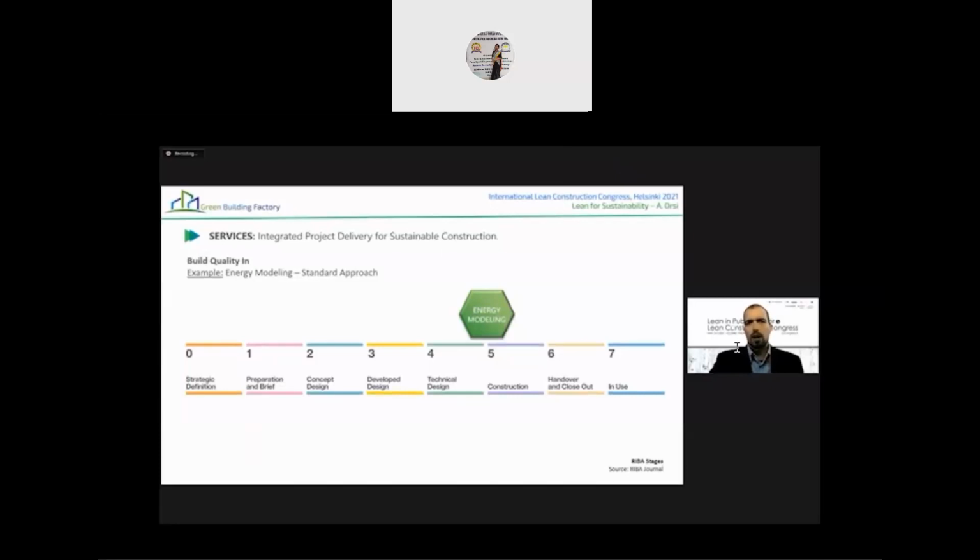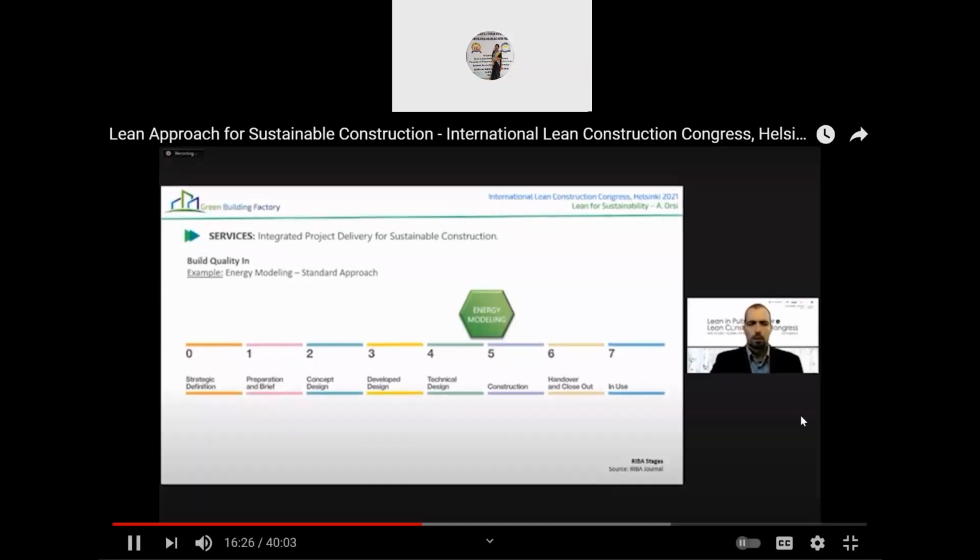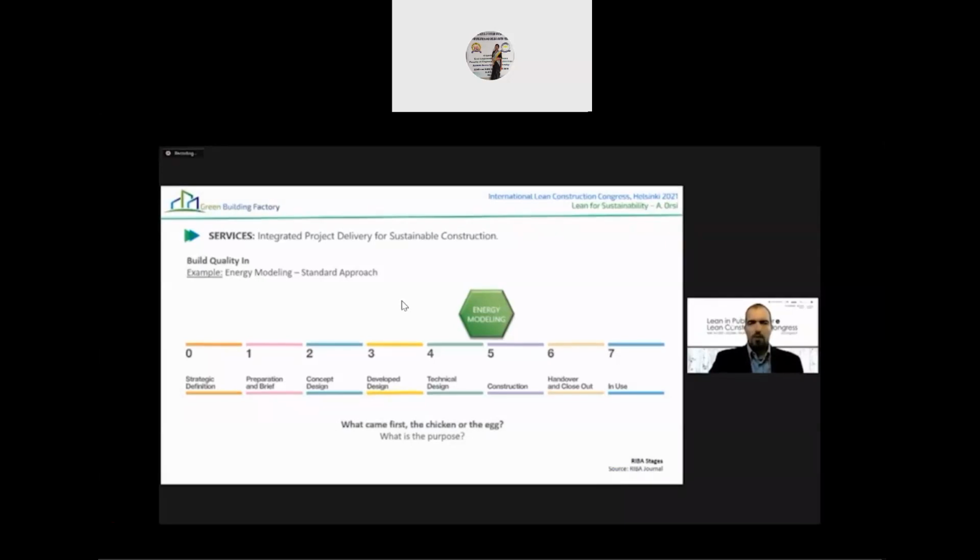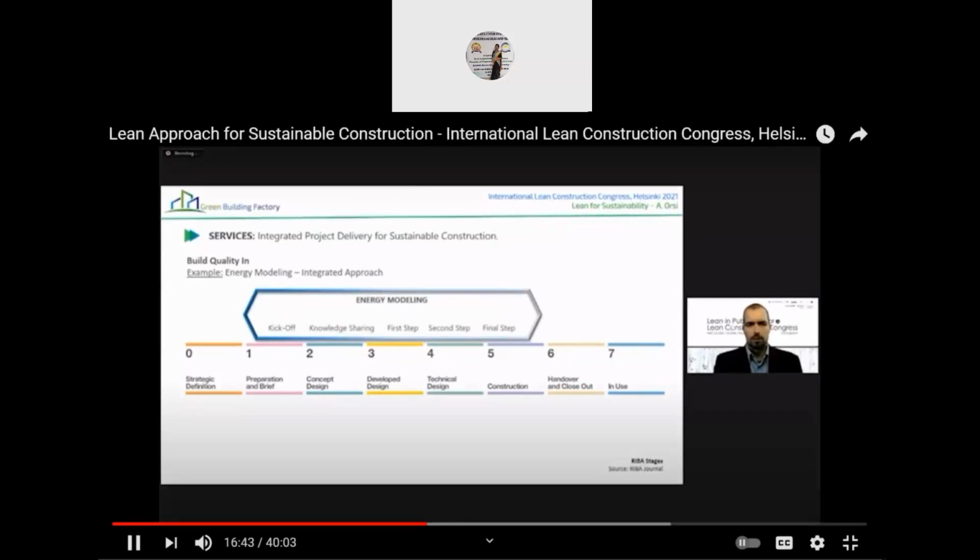So how do we try to build in quality? This is just an example. This happens also with CO2 calculation, commissioning authority, and everything. Okay? What is the purpose? Do I really need this energy modeling? And if you do need it, and if we want to use it, we try to approach it from an integrated point of view. So we start earlier